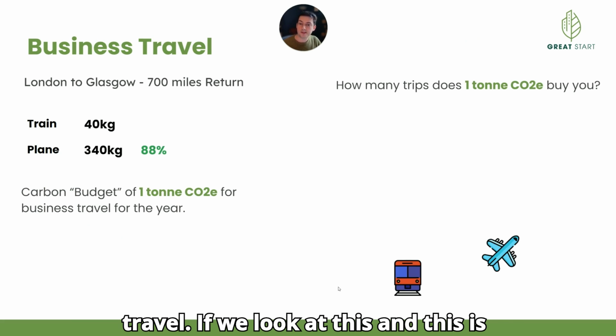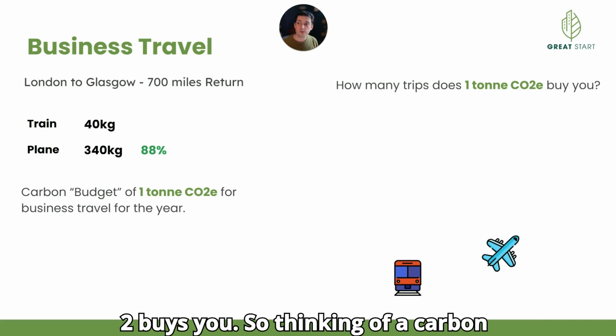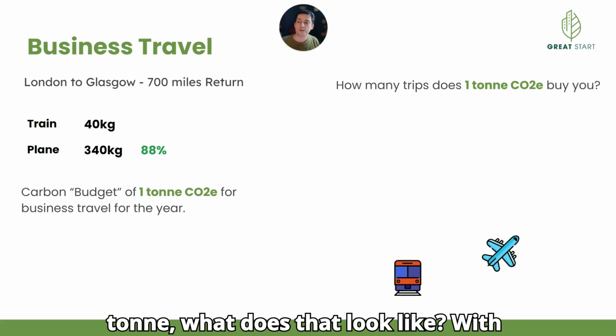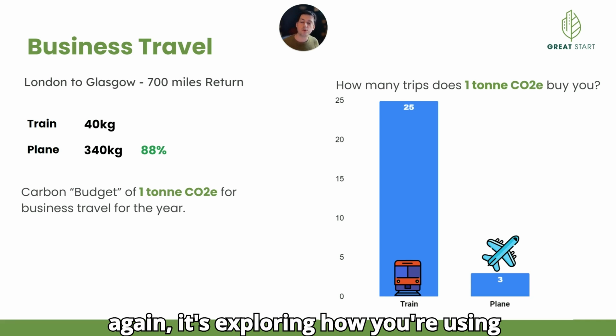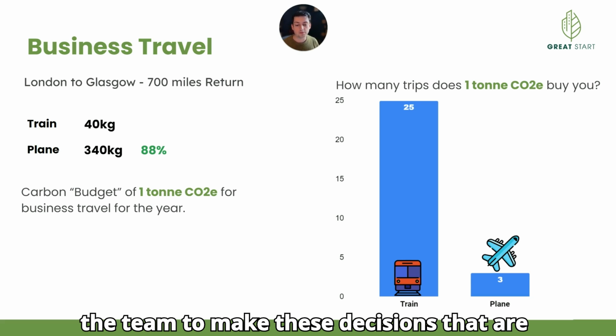If we look at this, and this is around how many trips 1 tonne of CO2 buys you, thinking of a carbon budget and going, well, if we've capped our emissions for business travel to 1 tonne, what does that look like? With that, you can either buy 25 train trips or you can buy 3 return flights. So again, it's exploring how you're using this and just building understanding into the team to make these decisions